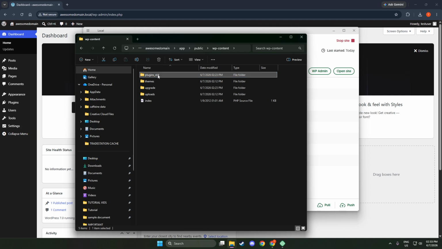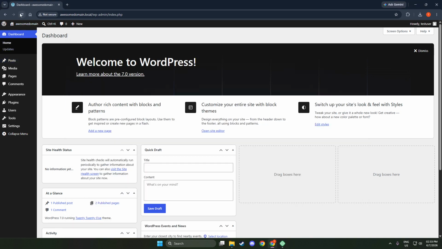After that, go back to the browser and refresh the website. If the site loads normally now, that's a strong sign that the error was being caused by one of the plugins. At that point, you'll know the plugins were the source of the issue, and you can continue troubleshooting from there by restoring the folder name later and testing plugins more carefully one by one.